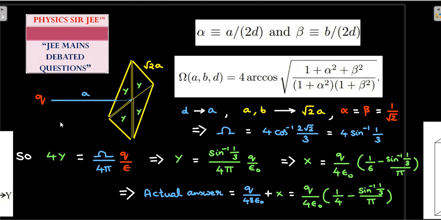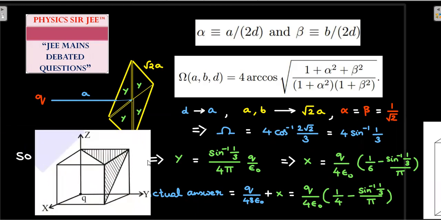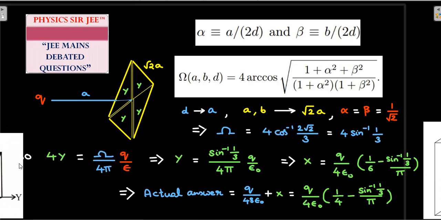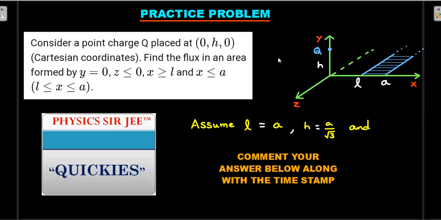There was no symmetry in this original problem, but they were quick to conclude that the answer is this, and they also came up with that final key. Okay, so let's try to have a correct question as practice problem for a change. So this is the practice problem I would like you to take up, and this is at the JEE advanced level. Right, so you can read the information that is given here as it is.